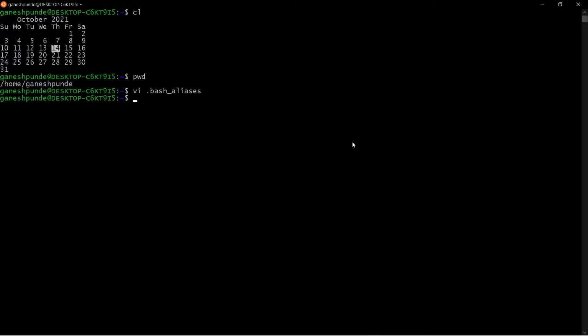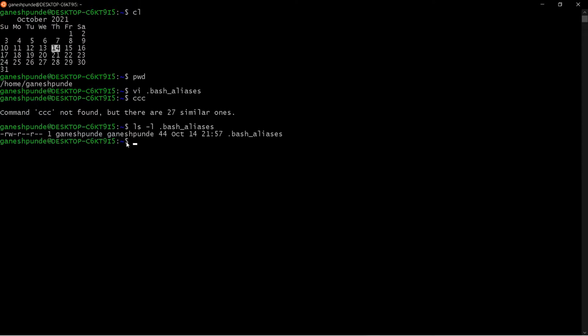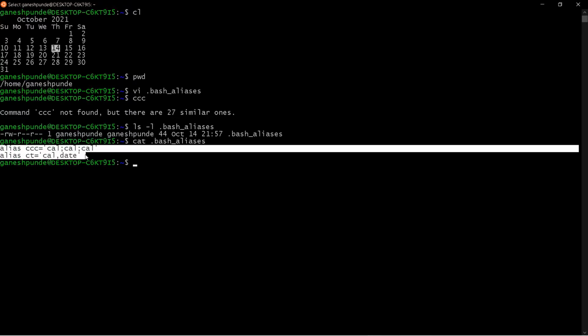Now if I want to use those aliases, before that we should make sure that the file is present in the user home directory. So this is the user home directory, and you can see these are the aliases we added.